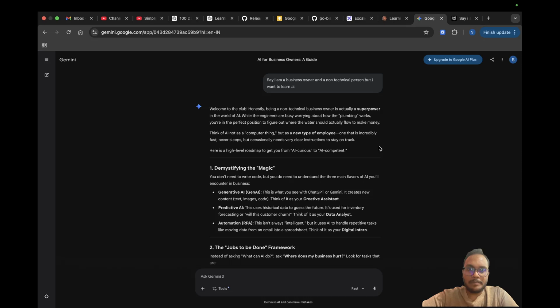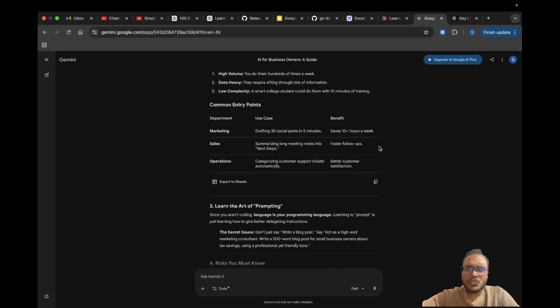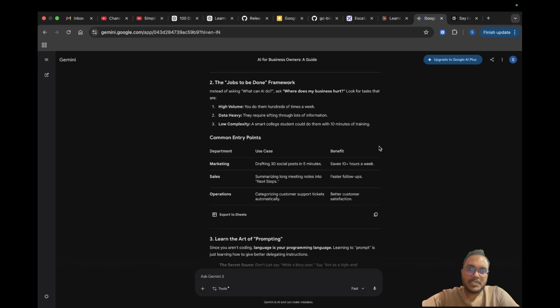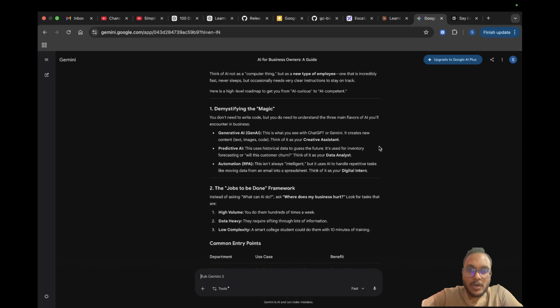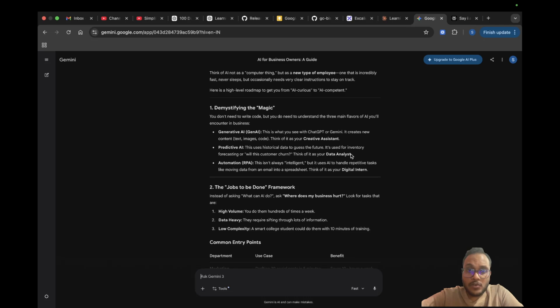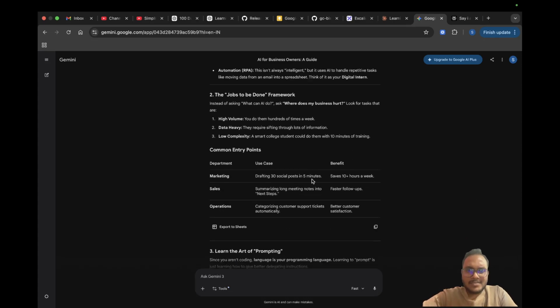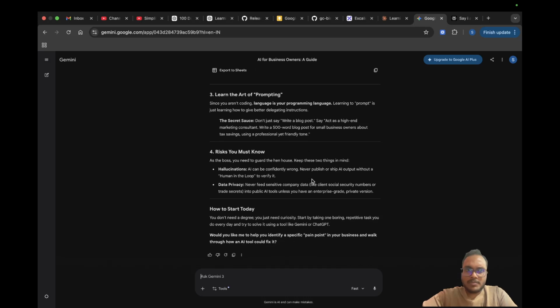Now come to Gemini. See, it's also something like ChatGPT, but not quite. It's giving you an overall explanation of what AI is. It's not asking whether you are a technical person or not, because Gen AI, predictive AI, automation, RPA, these are bouncing words or bomb-blasting words for any person who is not technical. So that becomes quite difficult for a newbie like us to understand. So that's how Gemini works.